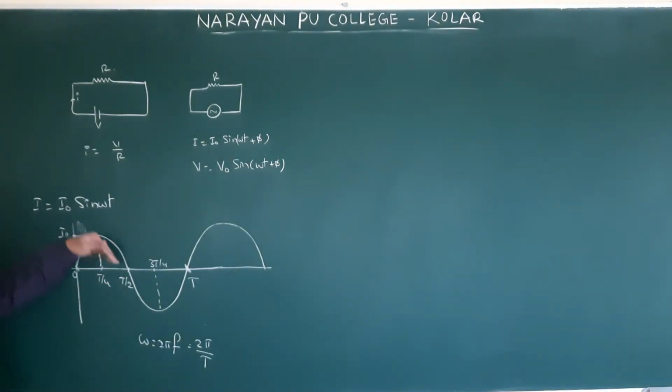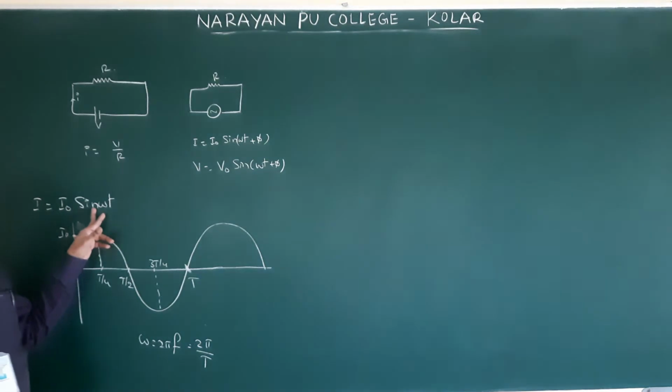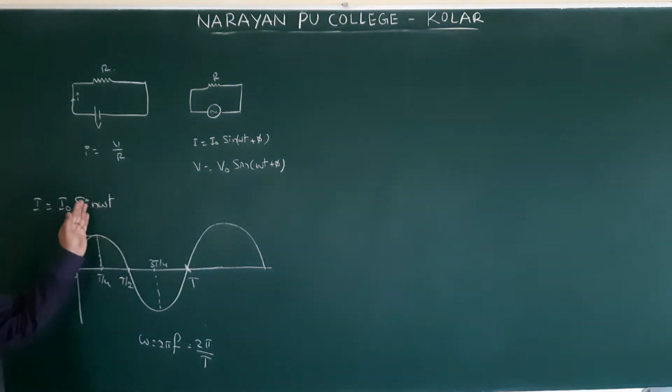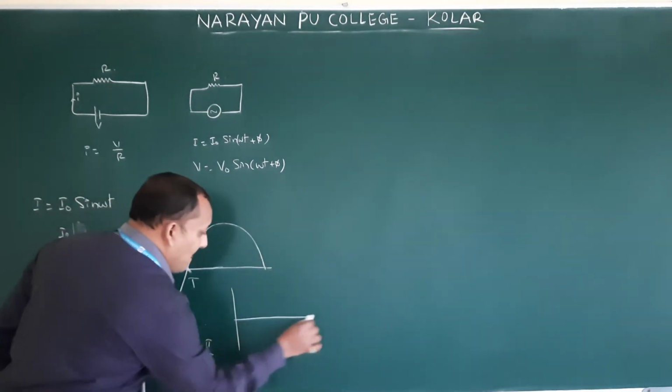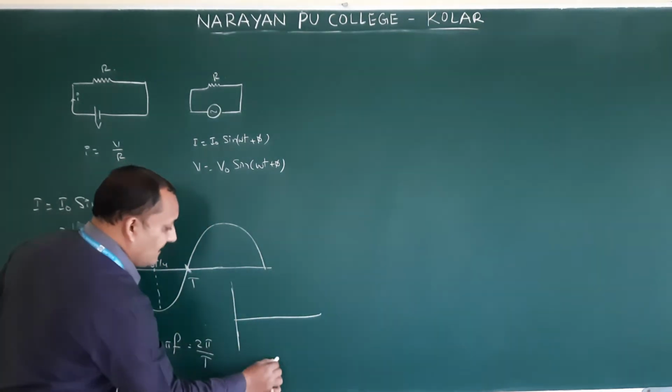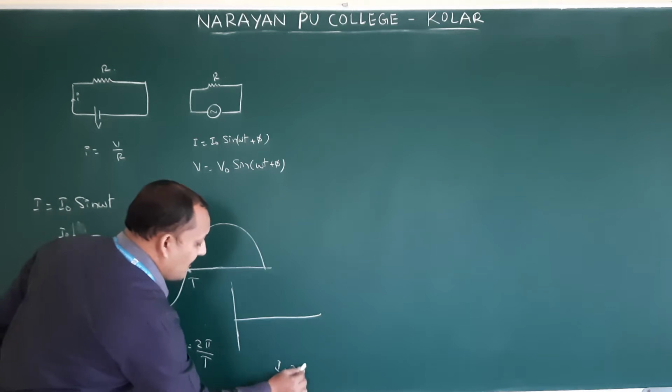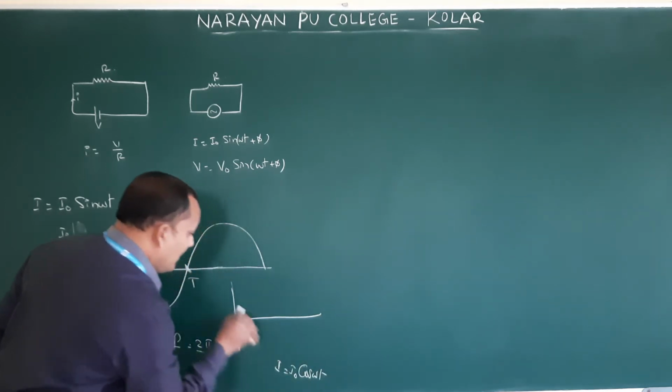So for this complete wave, within the time period, we now give the average value and RMS value. How those values come, we are going to show. This is if you take I is equal to I naught sin omega t. Some people will take it as I naught cos omega t. If you take cos omega t, it is the same wave equation. This is for I is equal to I naught cos omega t.